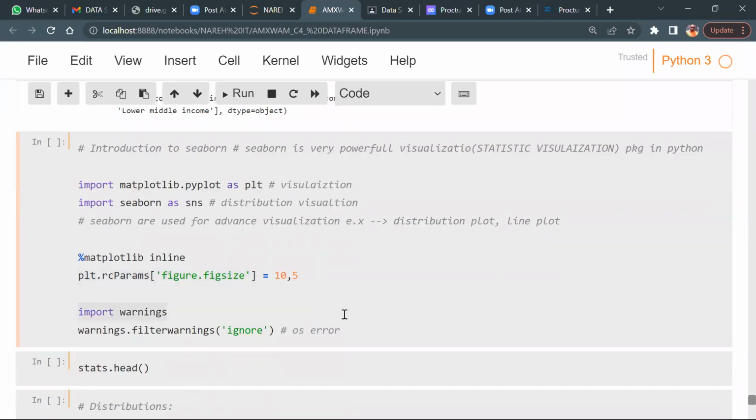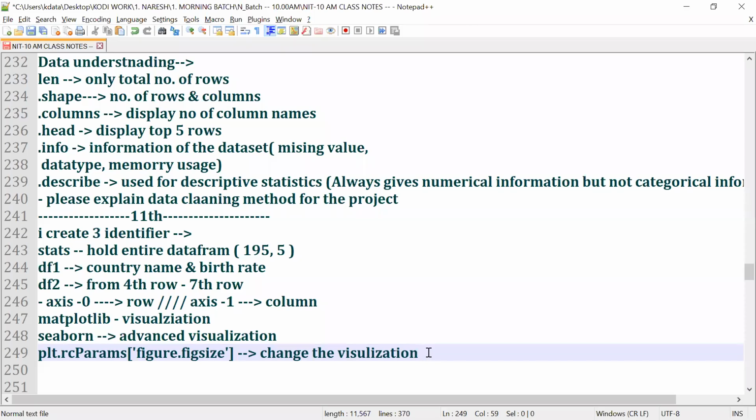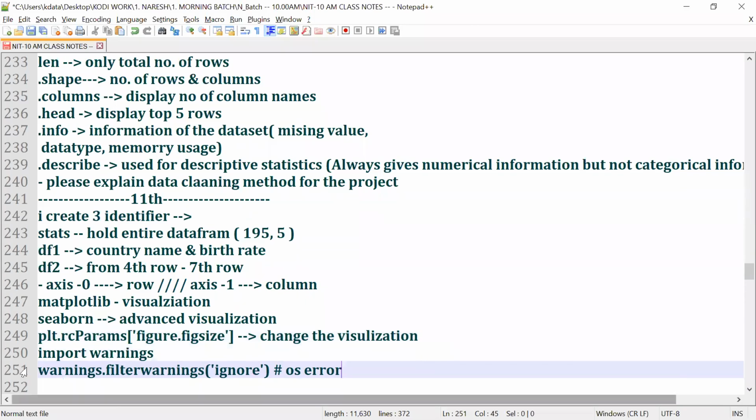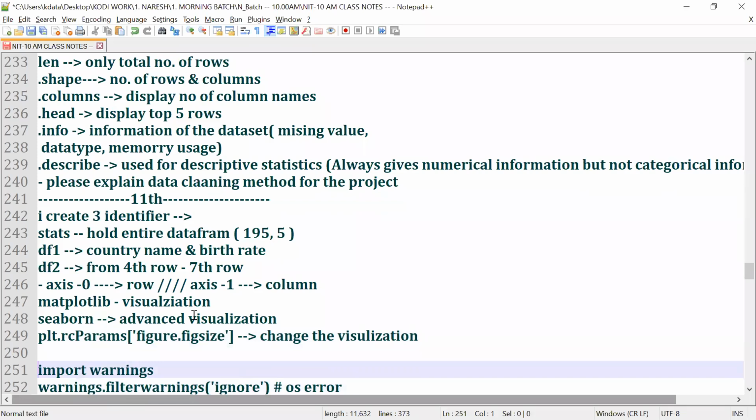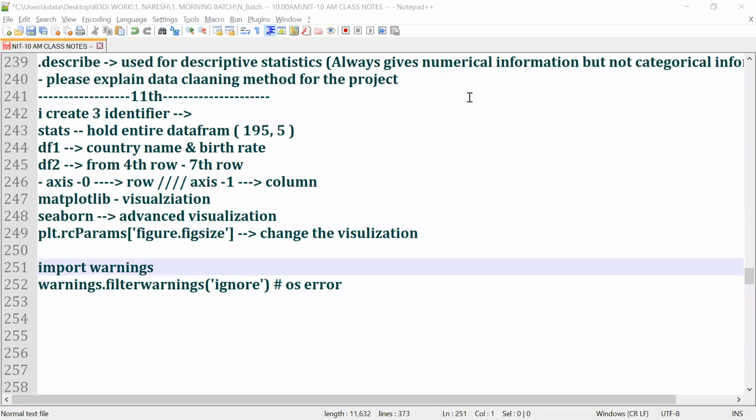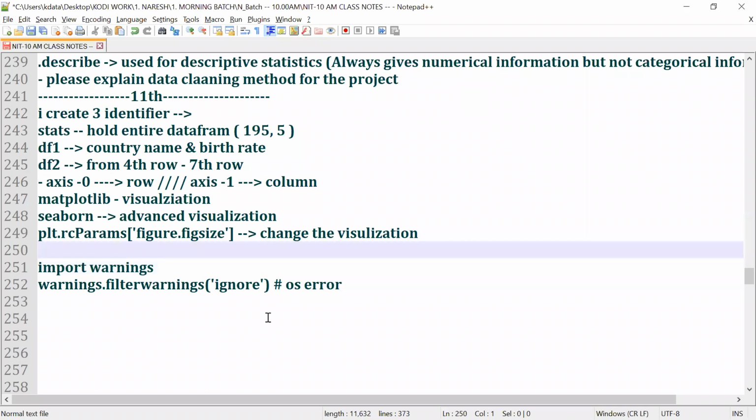Import warnings, and I told you last time, I think, what is meant by warnings? warnings.filterwarnings? No. Okay, let me tell you about this one. Let's copy and paste here. You know, guys, if you're using the Windows operating system, every week or month a patch will come from Microsoft, right? Your software is upgrading by default.